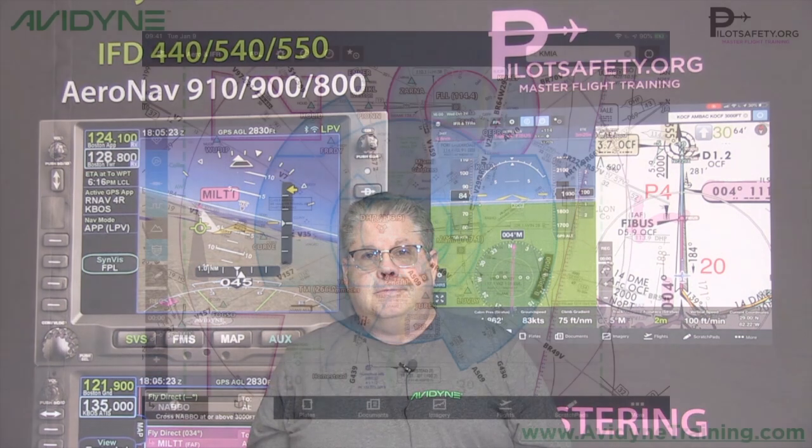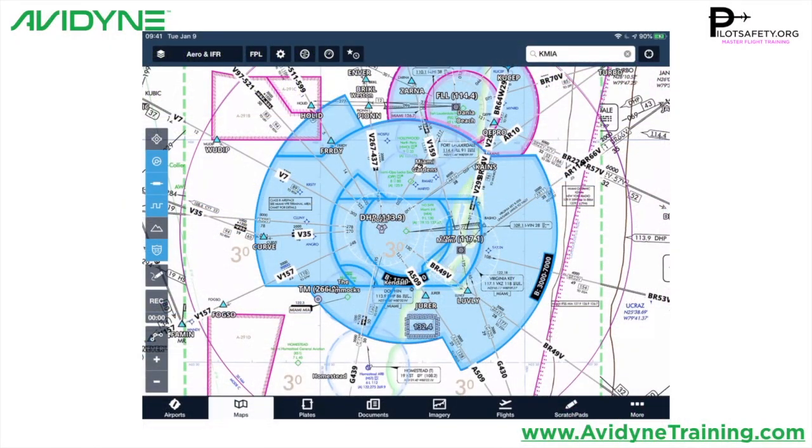Well, today wearing my Avidyne gray shirt, we're going to talk about using a vector-only departure in the Avidyne IFD. So while I'm peacefully sitting in my North Texas office, let's plan a flight from Miami International, KMIA, up